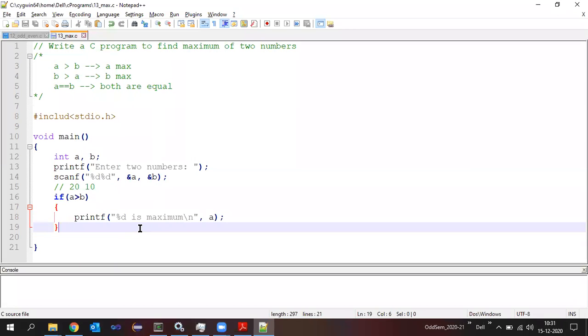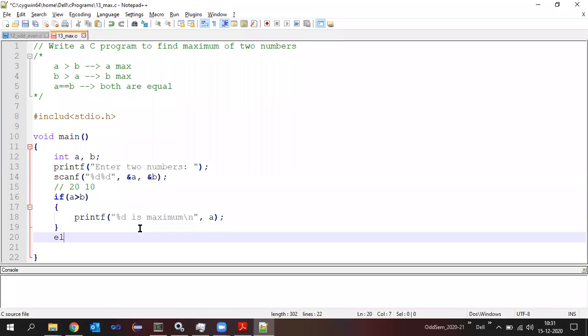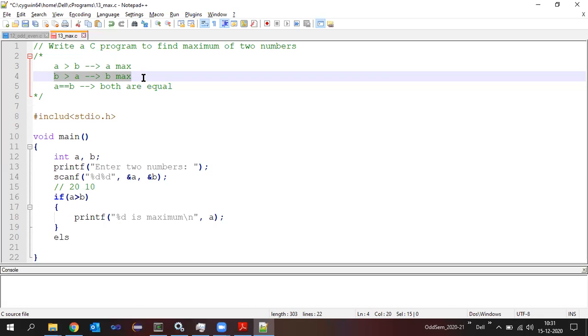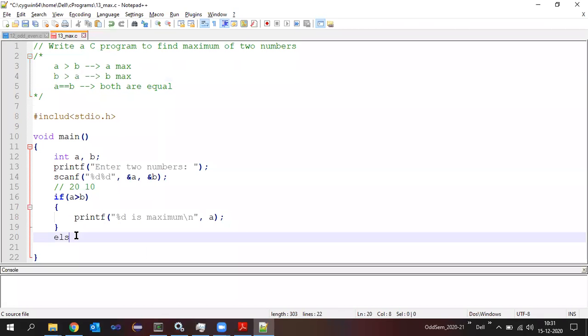Okay. Then in the next step, what should I write now? First, I covered this block: when A is greater than B, A is maximum, I displayed. Second is for what purpose? To verify whether B is greater than A. In that case, B will be maximum. Then correspondingly, what statement should I write now? Else